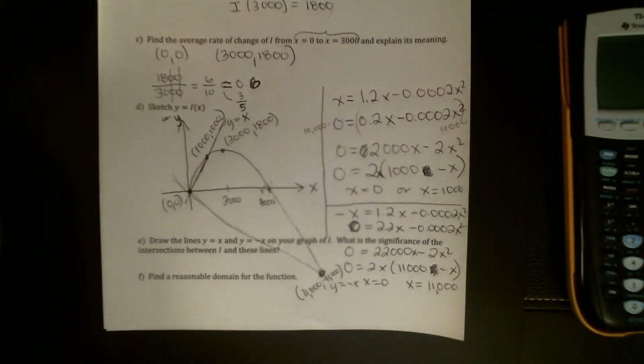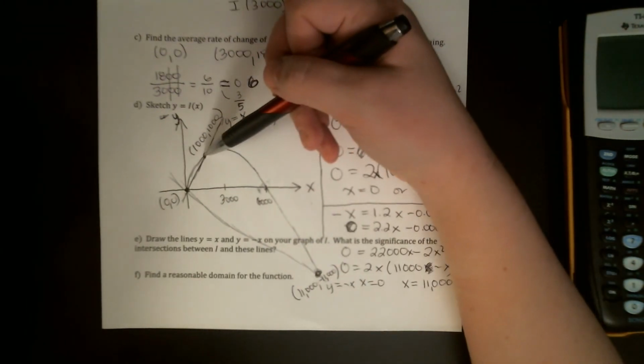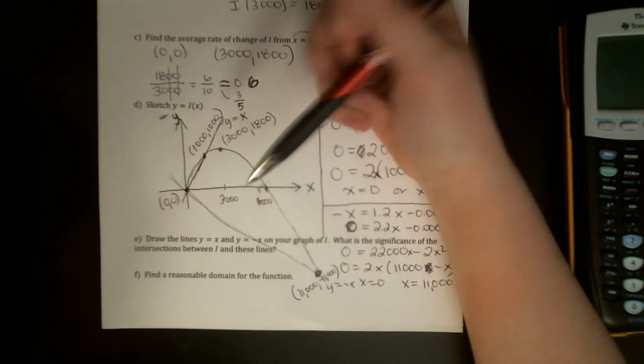Okay, so lots of work there. We're supposed to talk about what those points mean. And what I'm really looking for, yeah, so I even say it there: what is the significance of the intersection? So what's special about these points? So 0, 0, I don't think really shows it, but I'm really interested in the 1,000, 1,000, and the 11,000,